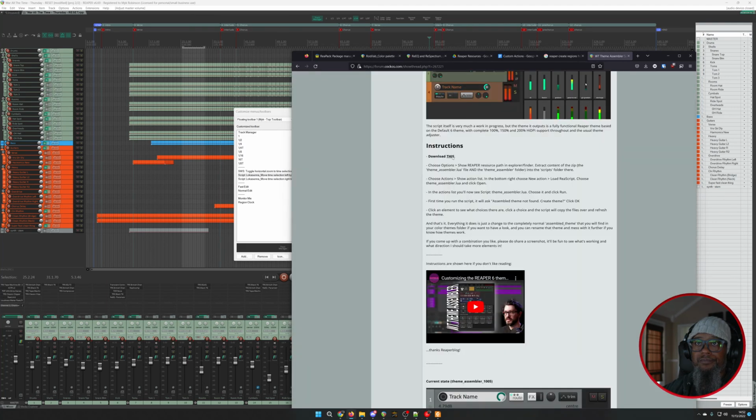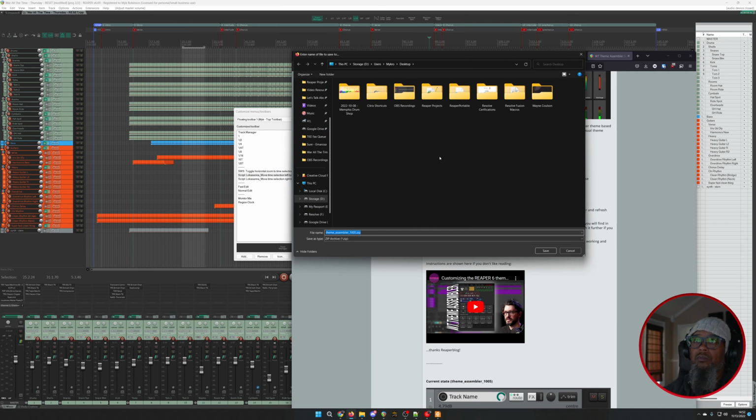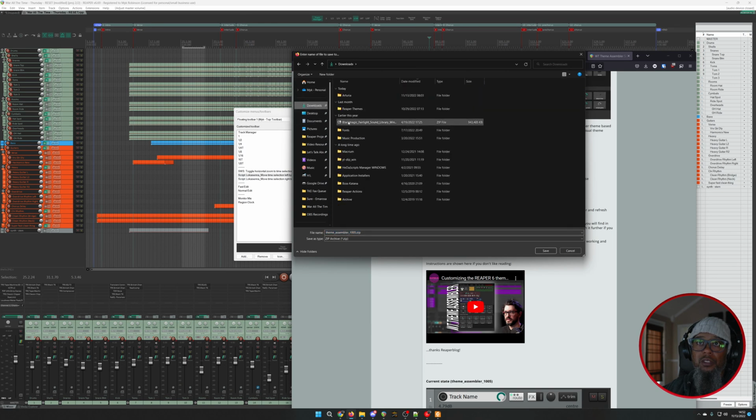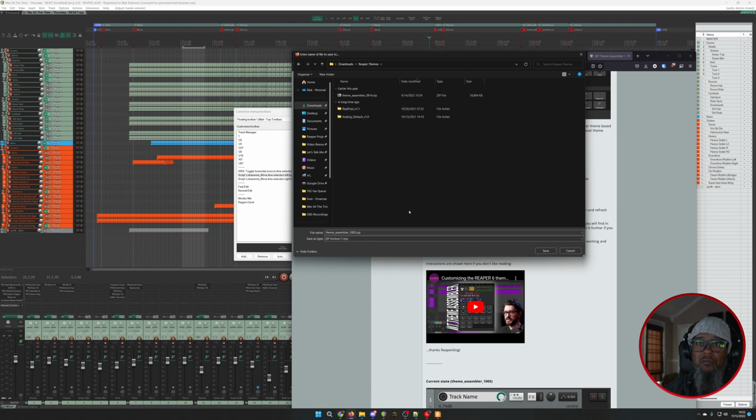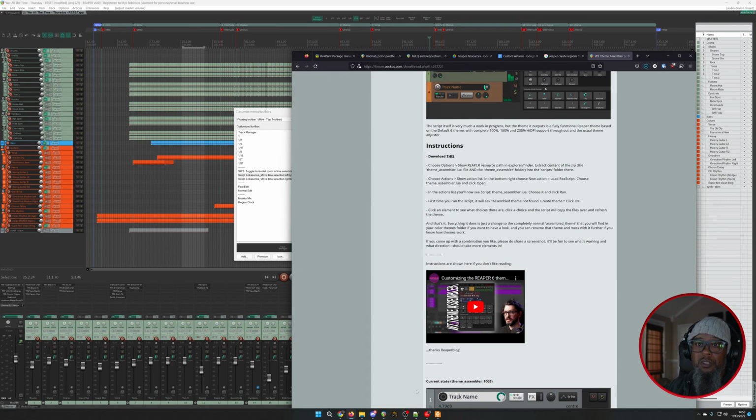Download this. I've probably already got this, but yeah, I gotta get rid of this grouping. That's driving me batty. I can't seem to find anything in here. Let's see, grouped by none. There. So I've got a very outdated theme assembler, at least I had one in my old one. So with the new theme assembler installed,